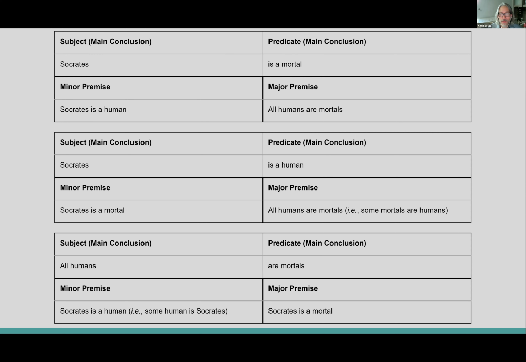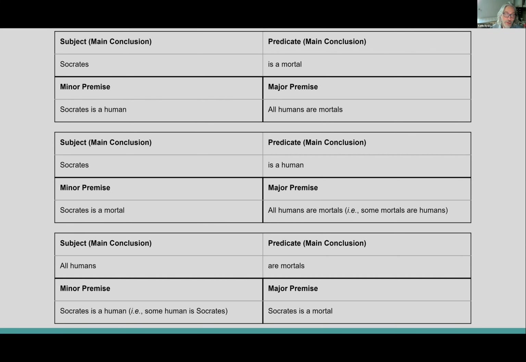So the second version of the argument says, what if we suppose, as Kurt said, that the last sentence is the conclusion? Socrates is a human. We would analyze the argument the same way. We would say, all right, well, the subject is Socrates. Which of the other statements could then serve as the minor premise? Socrates is immortal. Now I shift over. What about the predicate of the conclusion? Is a human. I need a rule to serve as the major premise, and I have the other sentence, all humans are mortal. And so we have conceptual overlap with those ideas. There's how we would organize the second version of the argument.